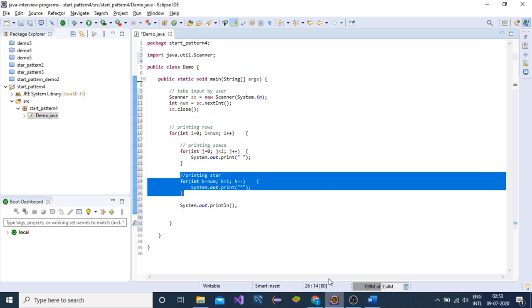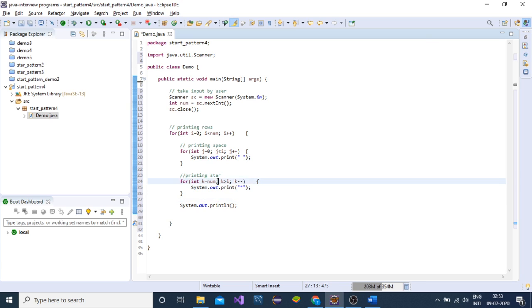So we will start with k equals num, and the condition is k greater than i. Suppose in the first row we need 6 stars, the value of i will be 0,